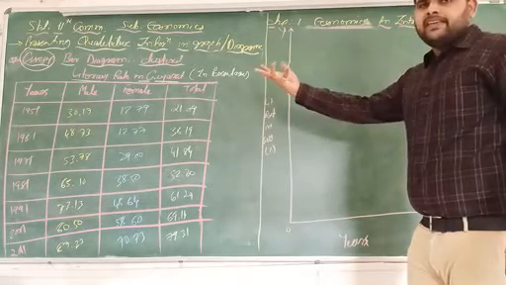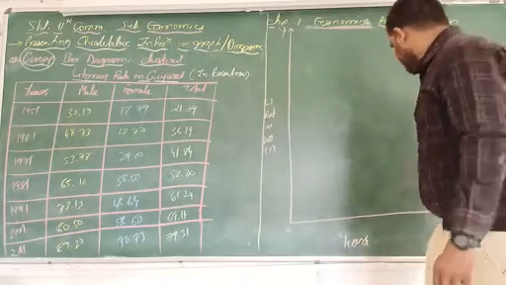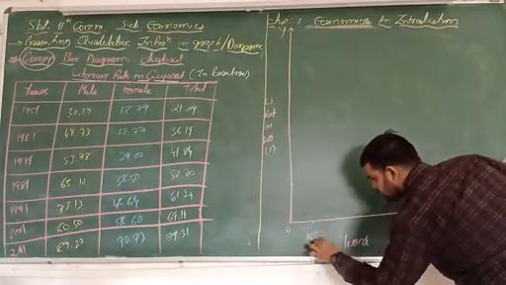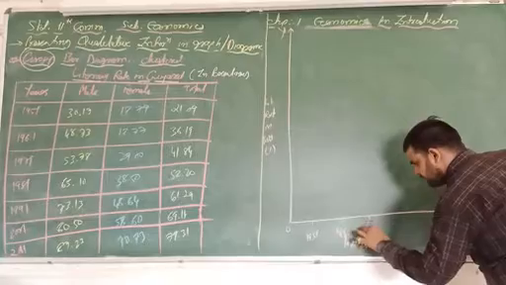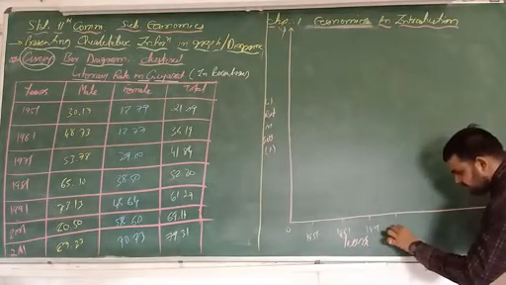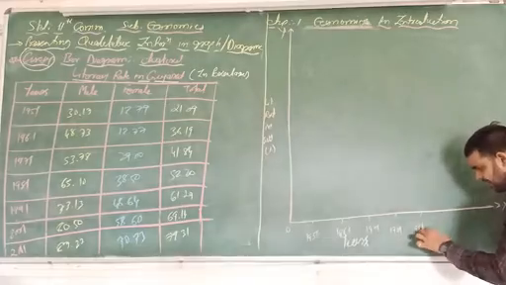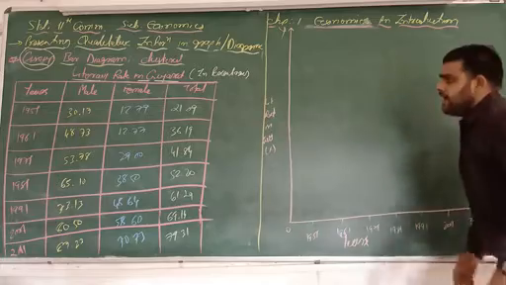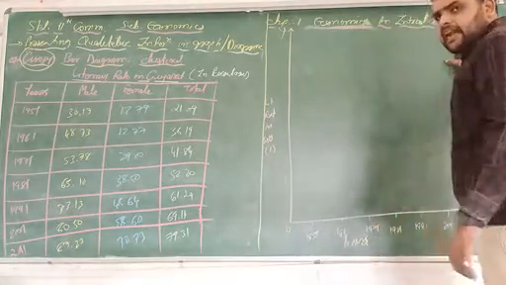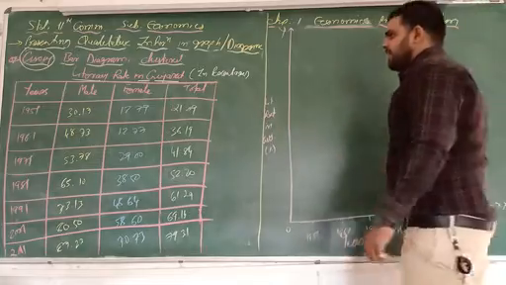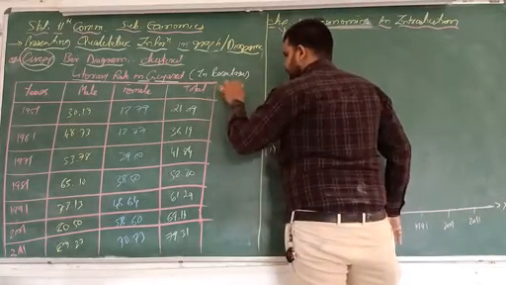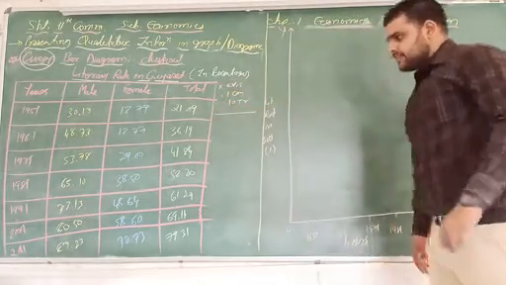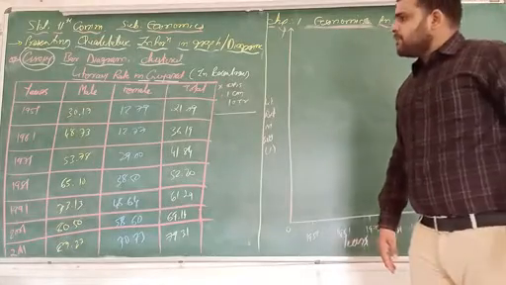Here it is said that we have to take 1950 to 2011. So here 1951, 1961, 1971, 1981, 1991, 2001 and 2011. Again we have to write this down on this side, but due to lack of space, I will write here: x-axis, 1 centimeter is equal to 10 years. And on the y-axis, percentage is there. What is the minimum percentage?